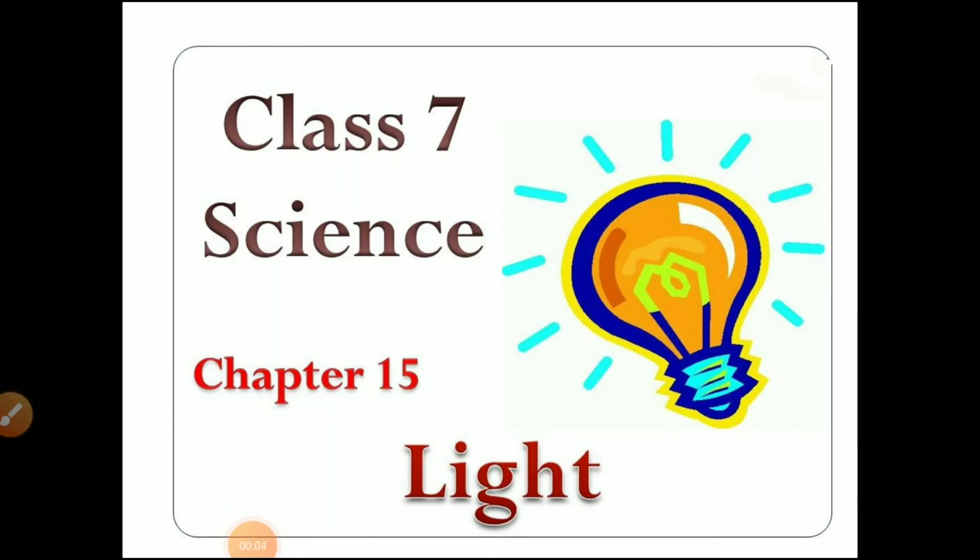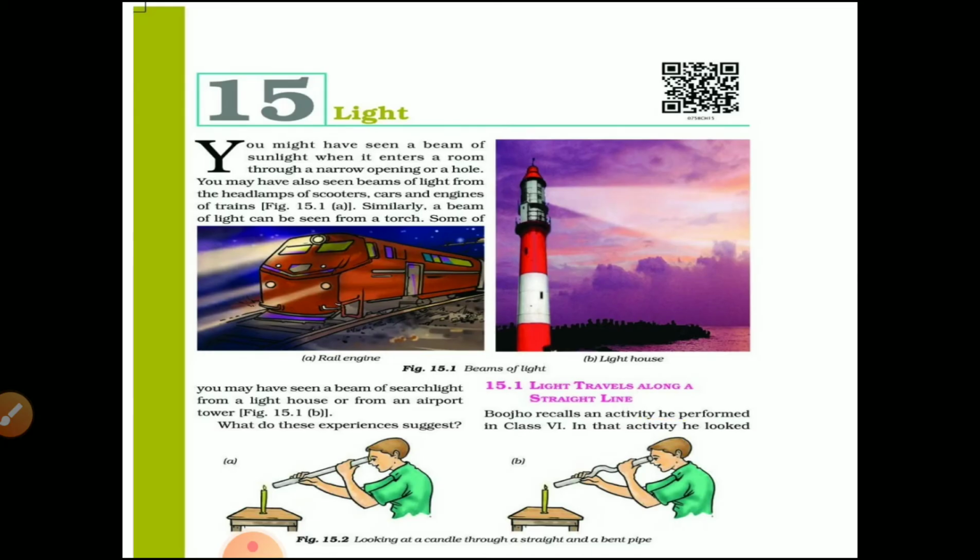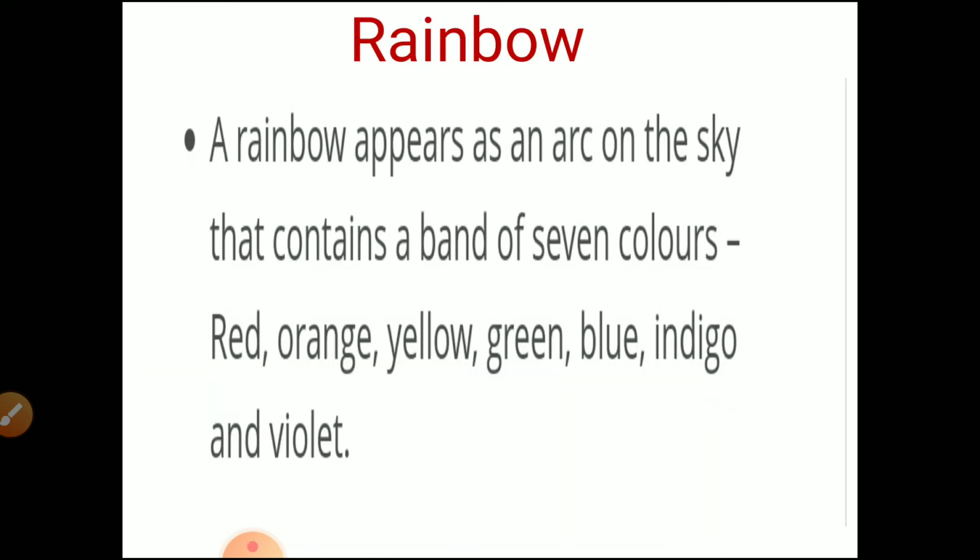In our last class, we studied the various activities related to the concave and convex lens. Today we will be starting with our next topic, that is sunlight, white or colored. In this we will be studying about the rainbow. Students, you all have seen a rainbow in the sky, and you might have noticed that it appears usually after the rain when the sun is low in the sky.